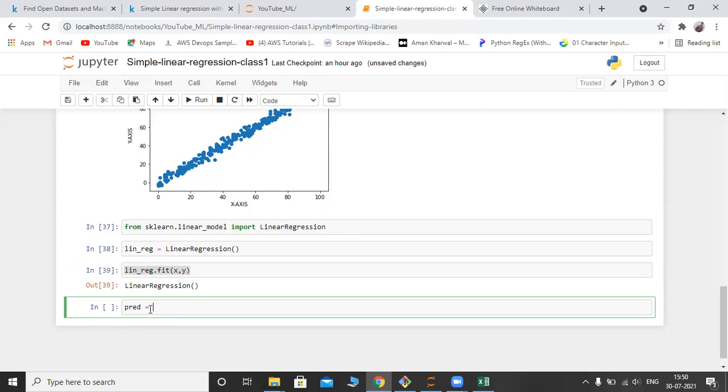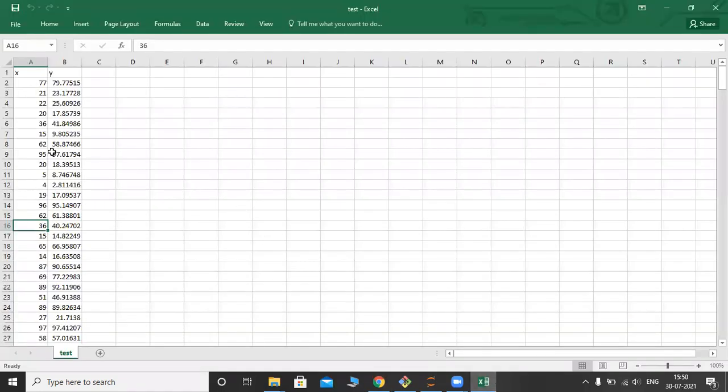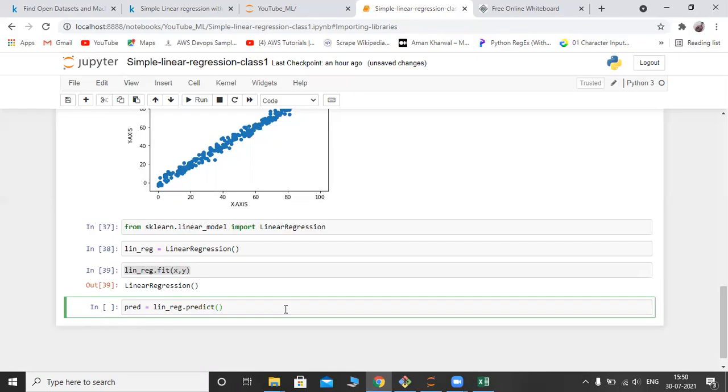So I'm creating pred variable, and then using object linear underscore reg, I will call predict method. So it is going to predict y values when you pass x values. I will pass the same x values, and I will compare the difference between real values and predicted values.